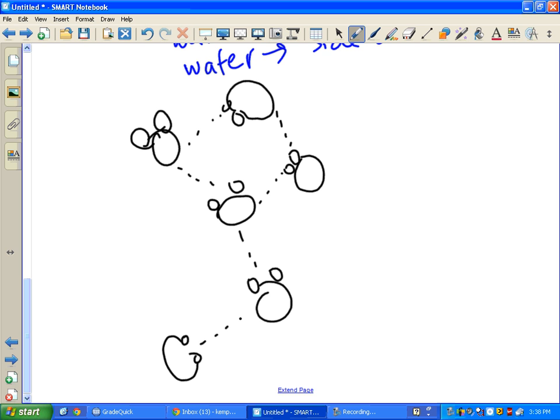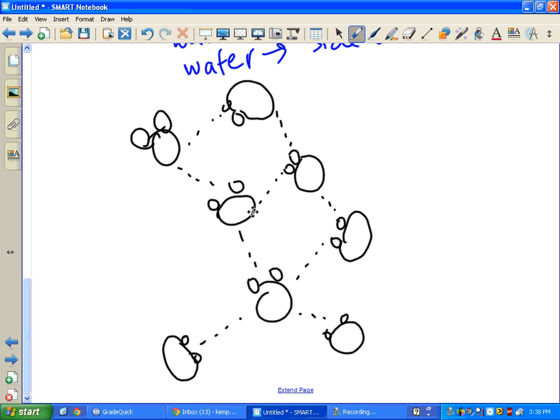Okay. So normally what happens when you change from a liquid to a solid is all the molecules stop moving around like crazy, and they get closer together because they're not moving anymore. But what water does is, because of these hydrogen bonds that are forming,